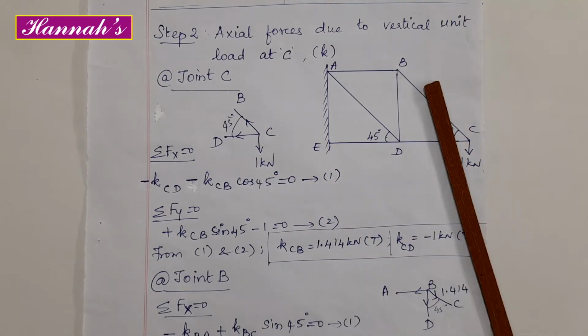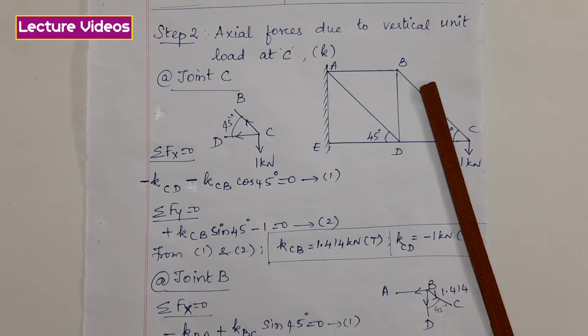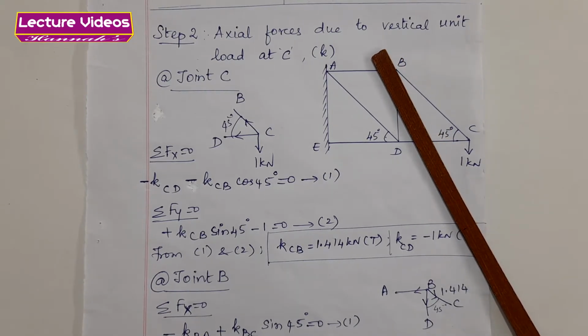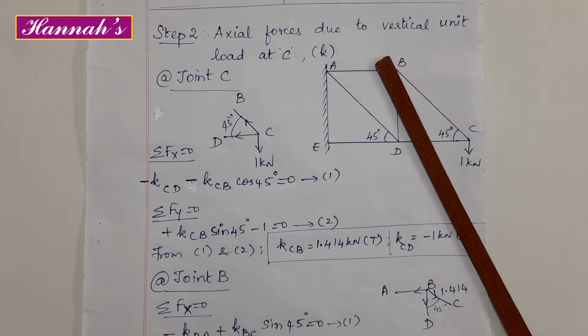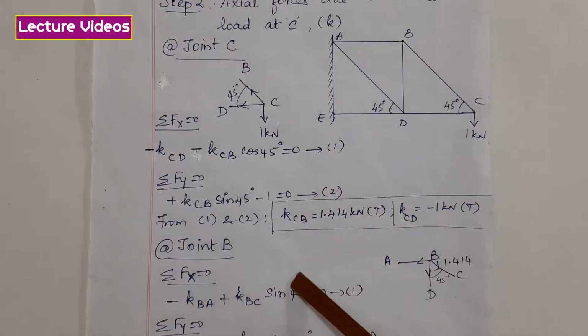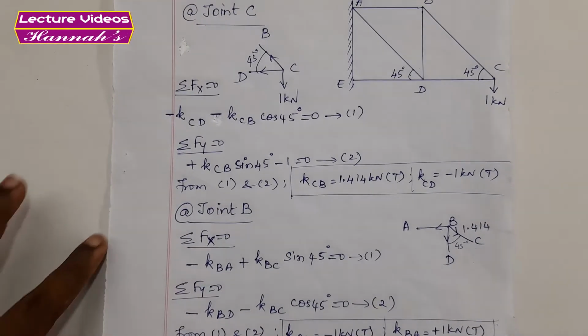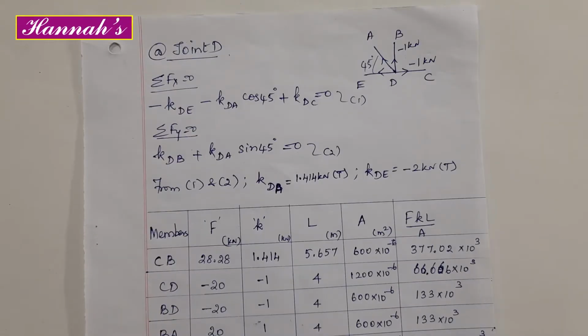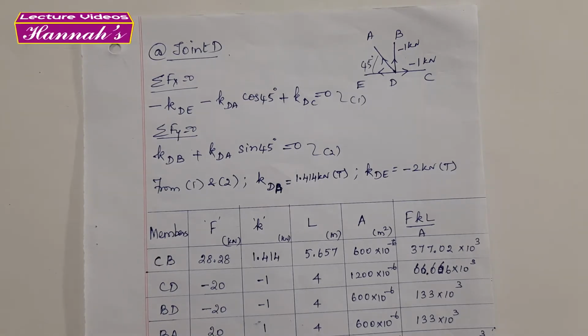So after determining these two, I can go to joint B. There are two member forces unknown now. Then I go to B and resolve to find the member forces in these two members. Then I go to joint D. Now I have two member forces as unknown. Then I can find these two member forces. That is shown here. You can follow step by step to see the member forces in all the members of the truss. Each joint is dealt with separately and the values of K, that is for only the vertical unit load